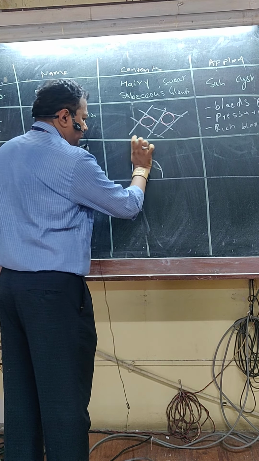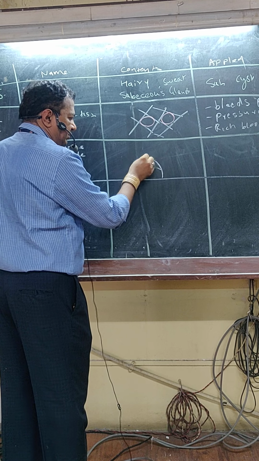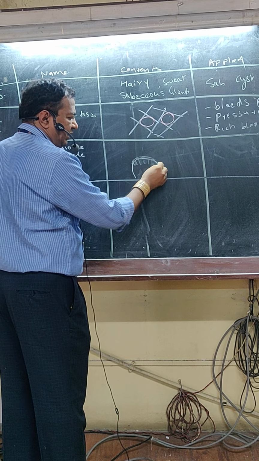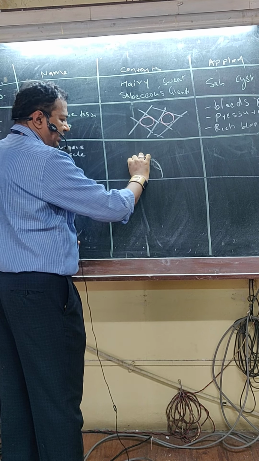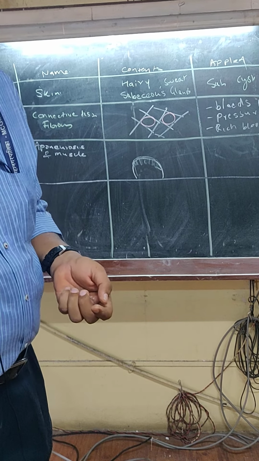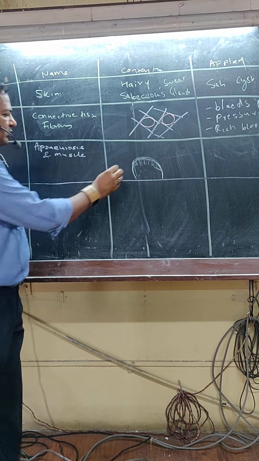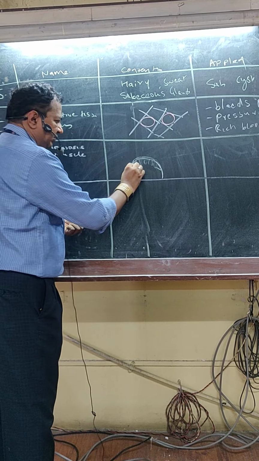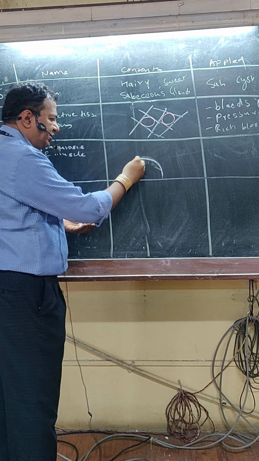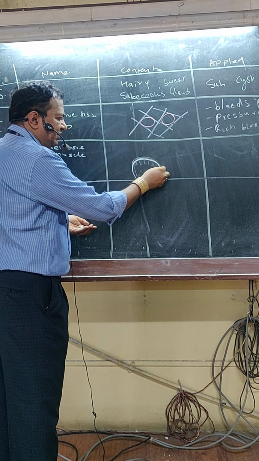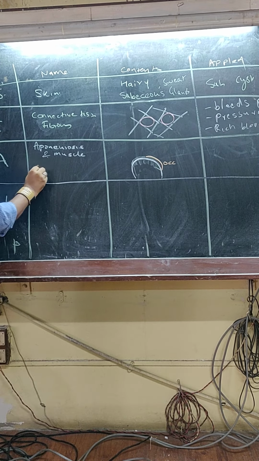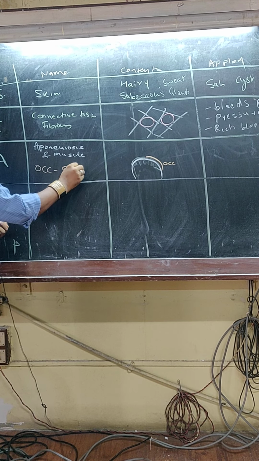Sorry, I should have shown it above. The aponeurosis is like this, and then it comes down to the superior temporal lines and up to the highest nuchal lines. Laterally it goes to the zygomatic. On the top of this is the muscle. So first is the skull, on top of which is the aponeurosis, and there are layers in between. The lower layers are also there, and the muscle is like this. This is occipital. The name of the muscle is occipitofrontalis.